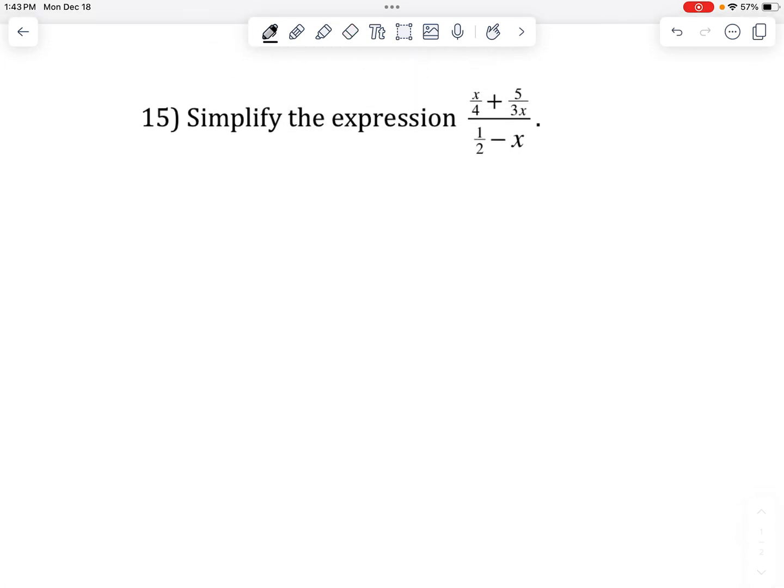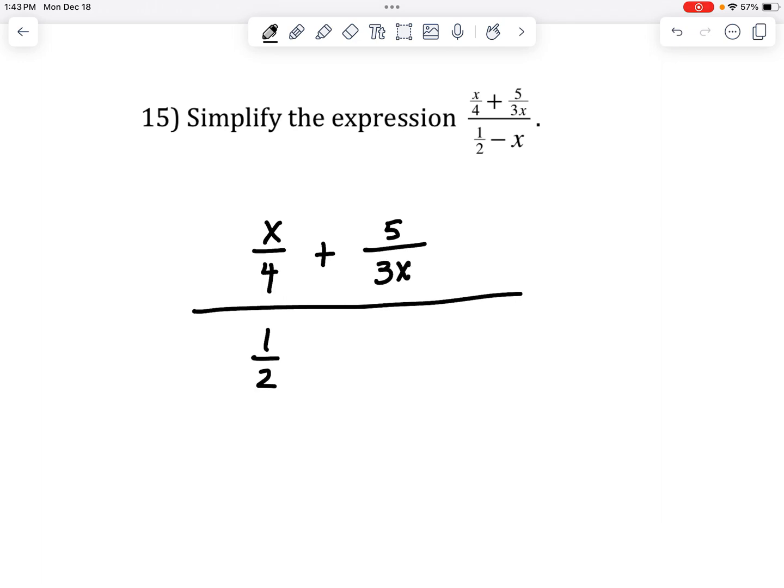Okay, so first I'm just going to write it down. And I'm going to write it sort of big. All right, so the first thing to do is find the least common denominator. So you do need to look at all of the denominators and then decide what's the least common denominator. Well, looking at those numbers, a 3 and a 4, that would have to be a 12. And with a 2, well, 12 already has a 2 in it,